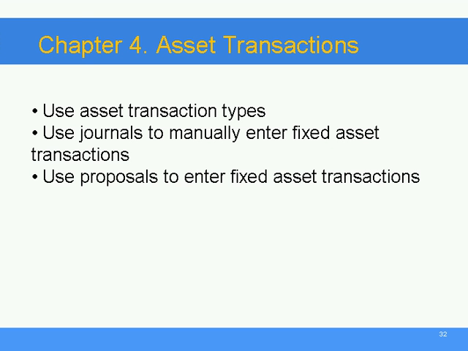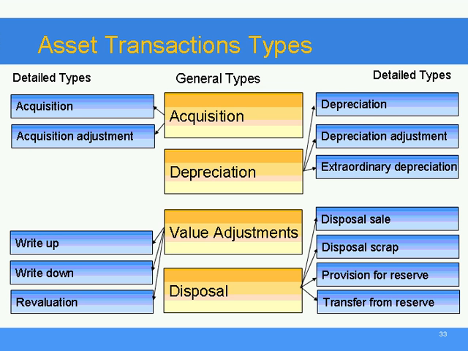So now let's talk about asset transactions, chapter 4. We have these objectives: use asset transaction types, use journals to manually enter fixed asset transactions, use proposals to enter fixed asset transactions. This chapter introduces you to different fixed asset transaction types and different methods for recording those transactions in Microsoft Dynamics